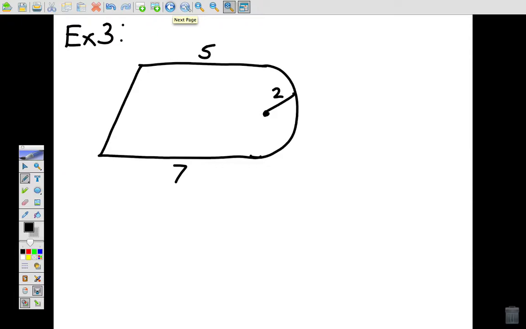Now, in this problem, they want us to find the area of this figure. So in other words, they want us to find everything that's covered inside this figure. And the only way you're going to be able to do that is if you split it up into different parts. So what I notice here is that if I dropped a line straight down, I have half a circle there. If I dropped a line straight down, I have a triangle at the end. So I have a triangle,